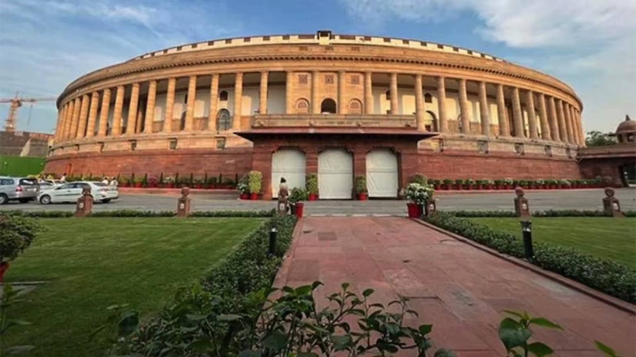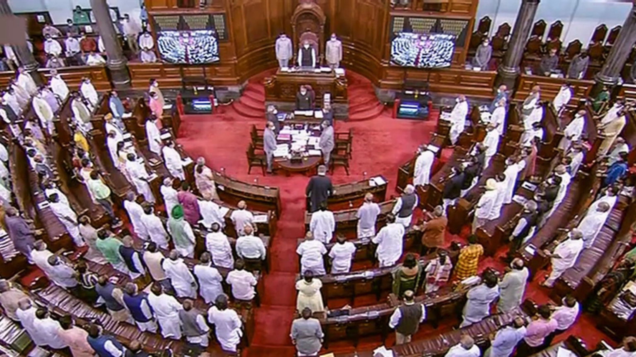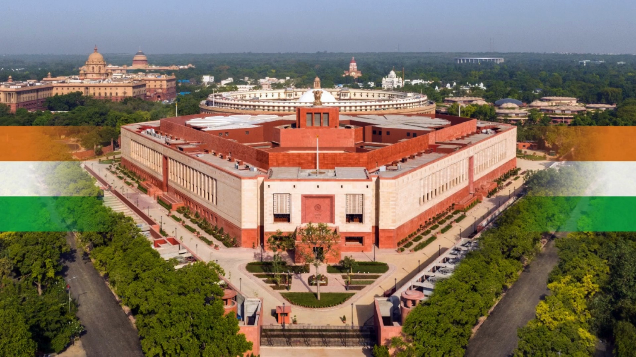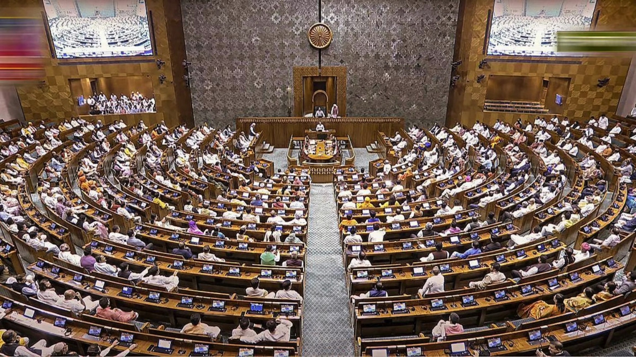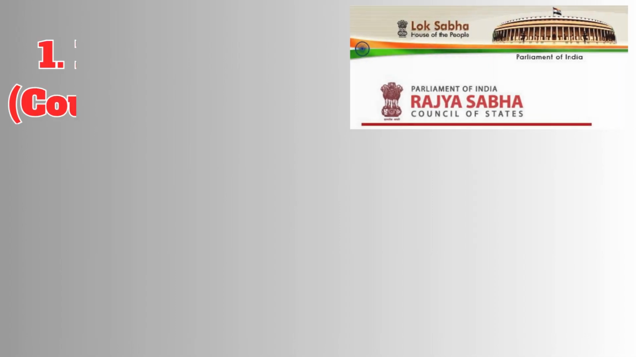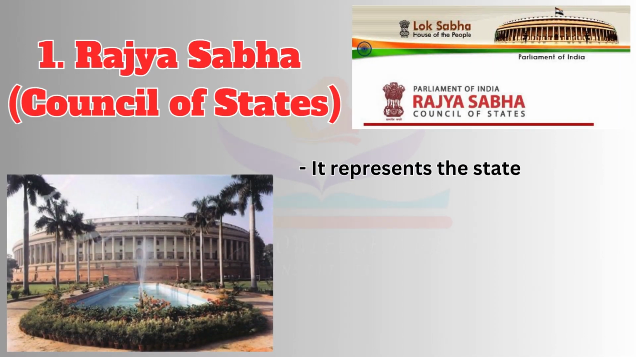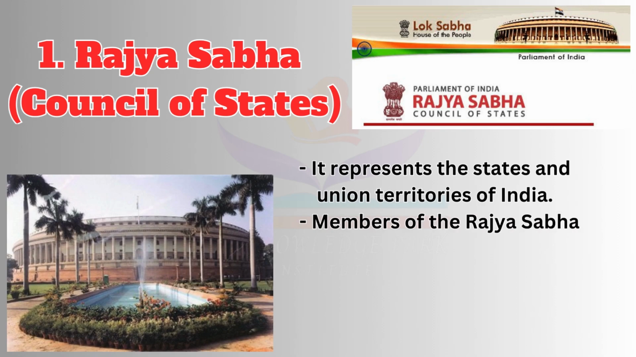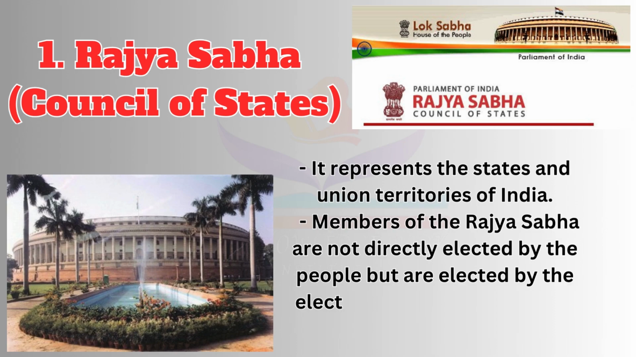In India, the Parliament consists of two houses: the Rajya Sabha, Council of States, and the Lok Sabha, House of the People. 1. Rajya Sabha, Council of States. It represents the states and union territories of India. Members of the Rajya Sabha are not directly elected by the people, but are elected by the elected members of